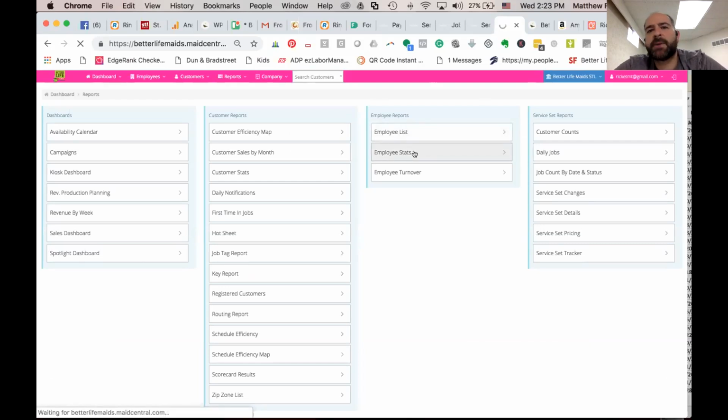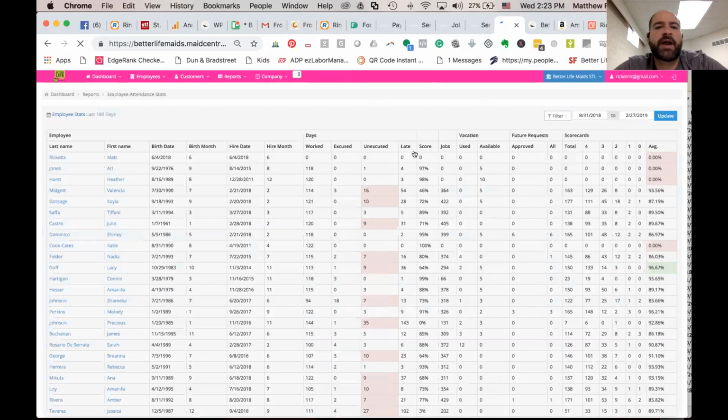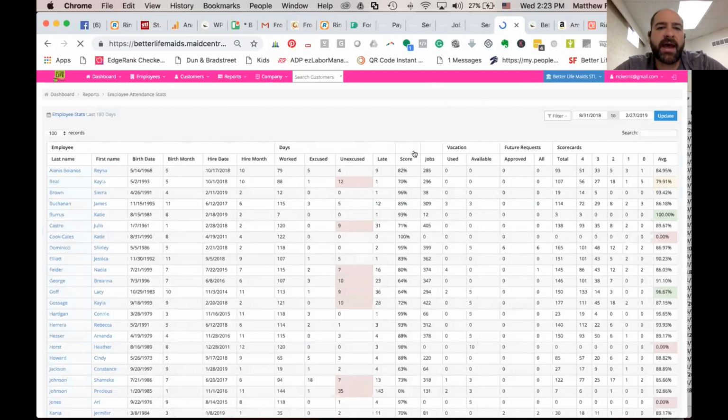You can also monitor employee turnover right from this system as well and see where your employee turnover is happening. So for an example, for me, 40% of our employee turnover happens within the first 30 days. Knowing that, that's an area we can improve, that first 30 days. So this is a report that I really like. So a lot of us don't really know how our employees are performing on a day-to-day basis. So we don't have a way to really rank them. So this system ranks them based on